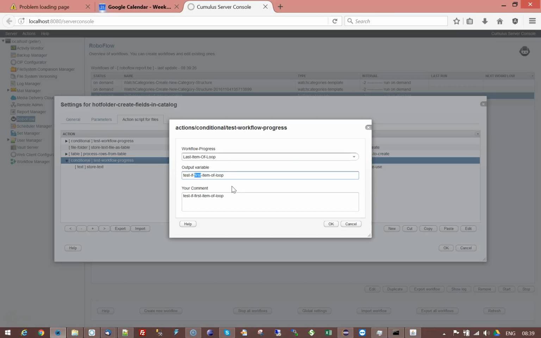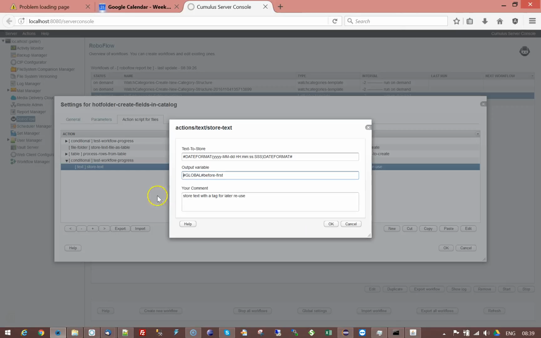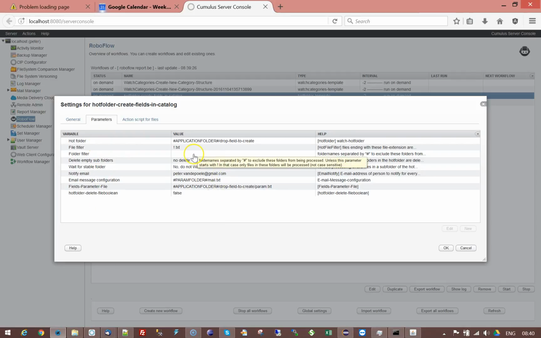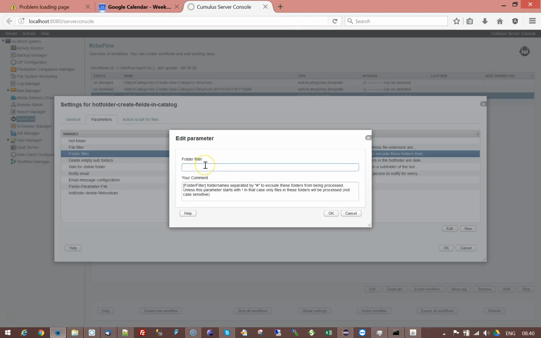So test last item of loop. And then I'm going to store that same date time, and I'm going to call it after last. So you see, here is last item, and after the last item, I'm storing after last. To be able to show you the additional information, I'm also going to store it here. I'm going to say store tag, and I'm going to call it